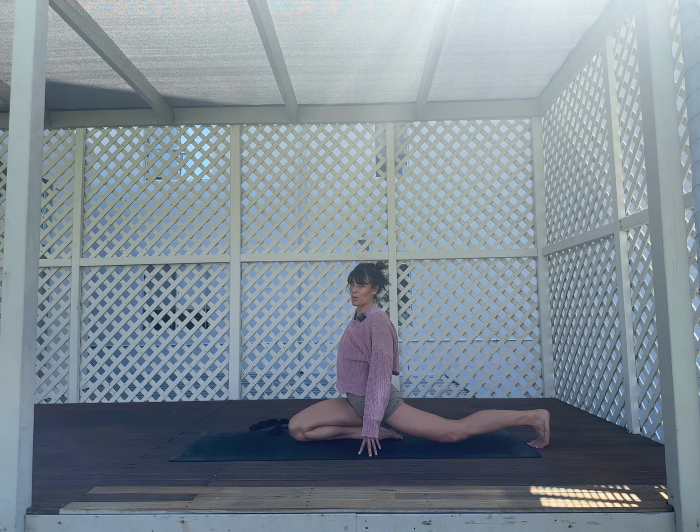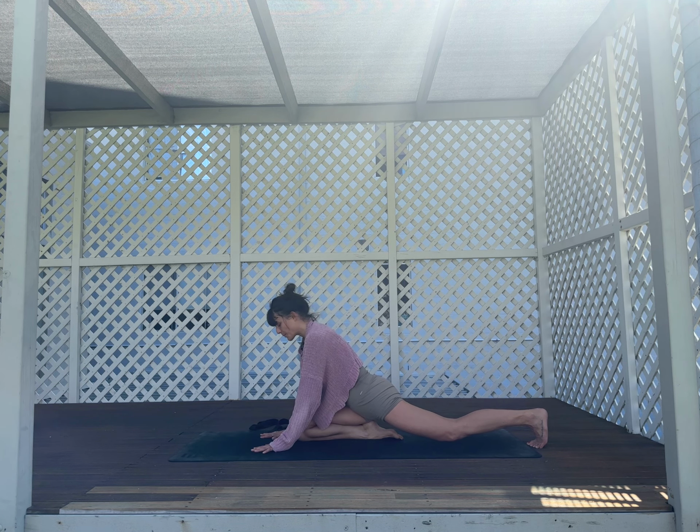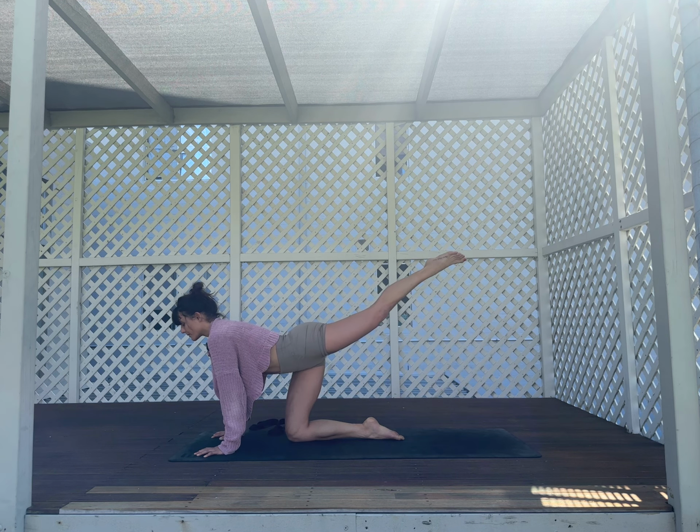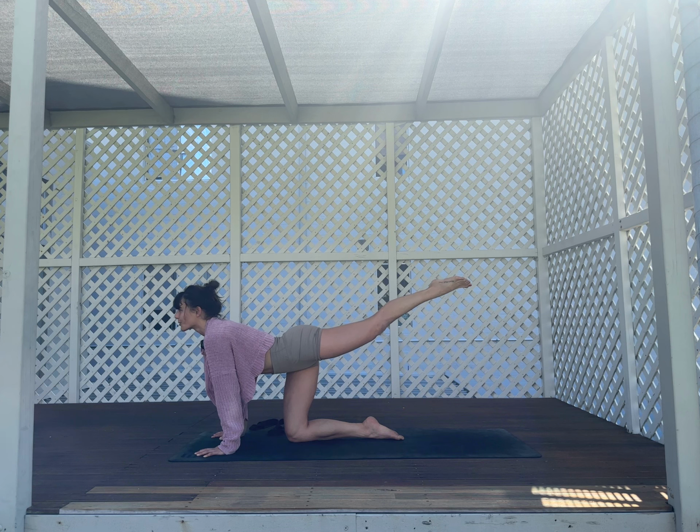We're moving into Water Grove pose. So I might show you first. Keep holding this position, watch first, and then I'll guide you through it on the second round. So our Water Grove pose is where you'll take the palms 2 palms ahead of the knee, and as you lean forward, you'll float the left toes up. Hug triceps into the side of the body, look forward. So we're finding that scorpion